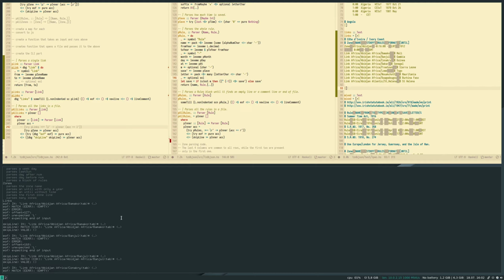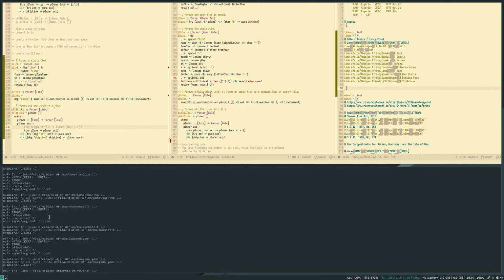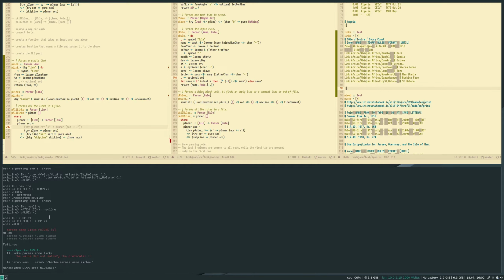It's actually never called. It's weird. End of file, skip line, end of file, skip line, and so on.